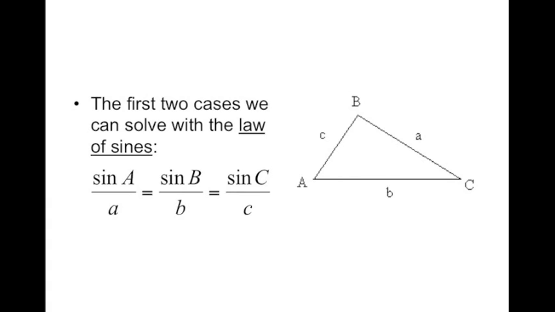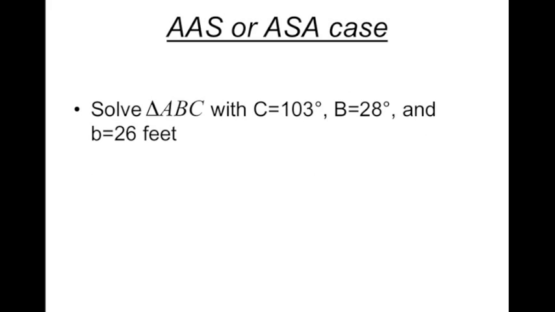You always set up a matching set though, so the angle goes on the top and the side goes on the bottom, using the same letter. So A over a, B over b, C over c. You do not need to memorize this formula, but I would bet you'll have it memorized by the time you finish your homework, because there's just not that much to it. We're just matching up the letters. But it will be printed on the quiz to kind of jog your memory if you get stuck on it. So to use it,